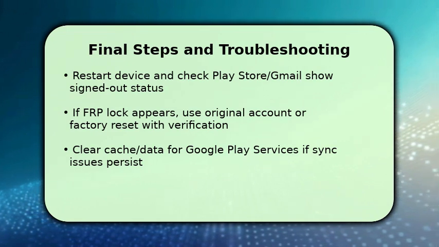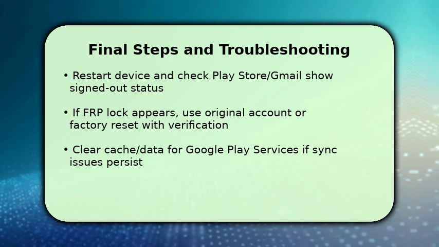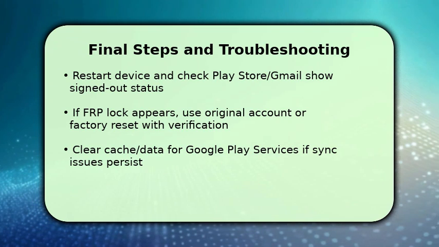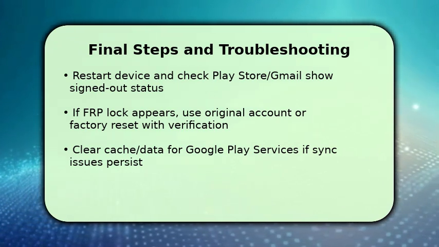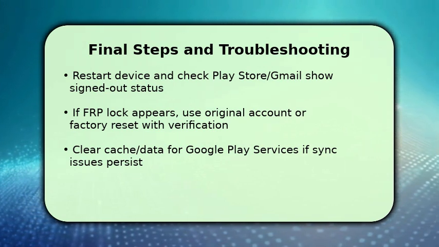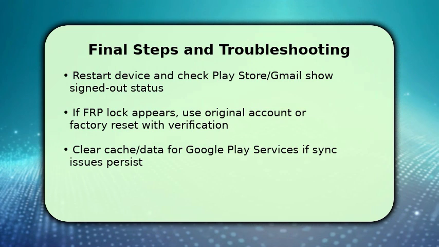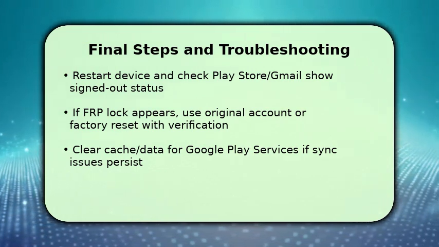If you're locked by factory reset protection, you'll need the original Google credentials to regain access. Otherwise, contact the device owner or use verified service channels. If apps still try to sync, clear cache and data for Google Play services and the Google app, then reboot. One key tip: if removal fails repeatedly, check for device administrator permissions and revoke them before trying again to avoid